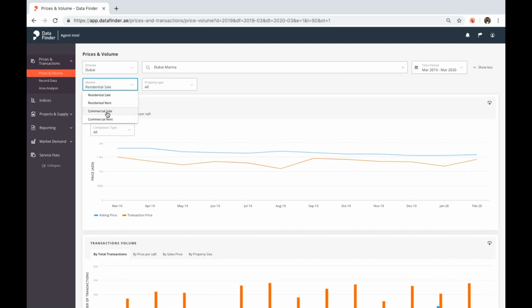We have residential sale, residential rent, commercial sale, and commercial rent. In residential sale, we have property types: apartment, villa, townhouse, and land. Let's say we select apartments. What you're seeing here in prices, the blue line is the median asking prices, coming from all the listings on Property Finder. And the orange line is the median transaction prices coming purely from the DLD transactions happening month on month. In Dubai Marina, as of February, the asking price is around 1.55 million, and the transaction price is